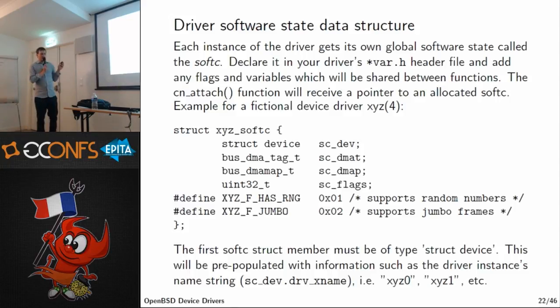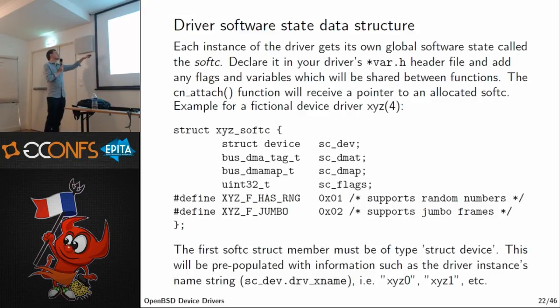Every driver has a struct that represents its global software state. And that struct exists once per instance of the device in the hardware. So if you have like 2 Intel Wi-Fi cards in your box, you will have 2 of these, 1 per device. And this is basically your driver's global state. You can put anything there that's shared between functions. And there's a lot of examples in all the drivers. And the naming is just a convention. So if you follow the naming with the softc and so on that's given here, people will just read the code and not wonder what this is about. This is fairly standard, like a good idiom to use.